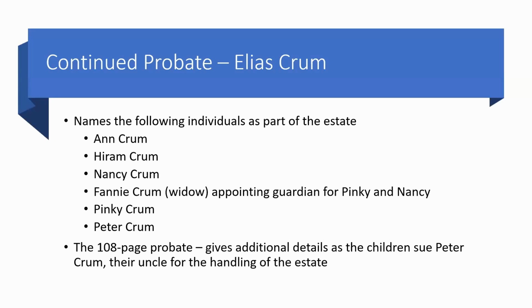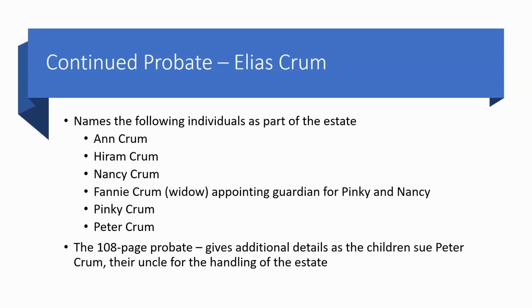There were a lot of debts to be collected. He was working on collecting those debts, and then the Civil War occurred. He had not completed his work. The Civil War started, the courthouse was burned down, they had to find another place. And when the Civil War was over, the money was no longer good. He had been collecting Confederate money, and now we were not dealing with Confederate money. And in essence, the children lost a lot of their estate. It looked like they lost a lot of their estate because of the transfer away from Confederate money. Peter won the suit, but in that lawsuit,